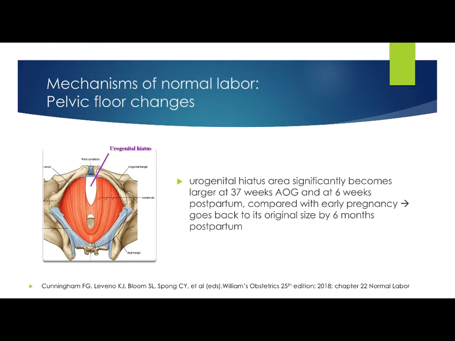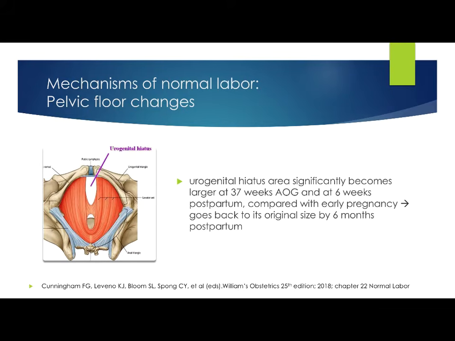So first, let's review some basic concepts and the mechanisms of normal labor. First, pelvic floor changes. Many adaptive changes are required for pregnancy and for labor and delivery. Some experts have actually measured the bladder neck mobility in the area within the urogenital hiatus during Valsalva. Now this hiatus is the U-shaped opening in the pelvic floor muscles through which the urethra, vagina, and the rectum